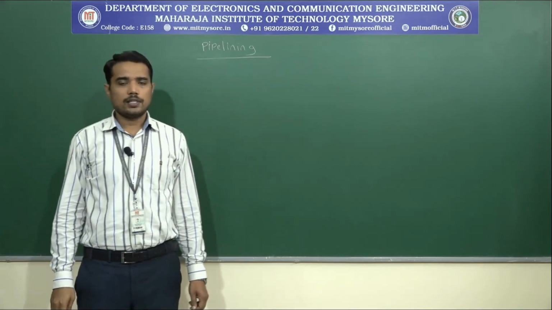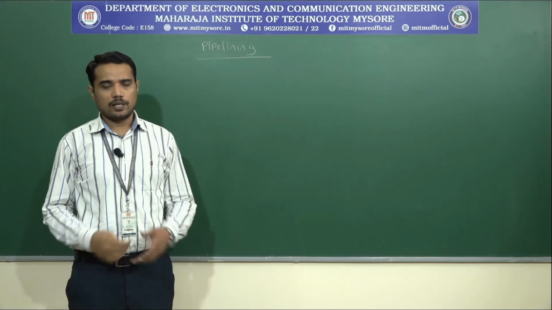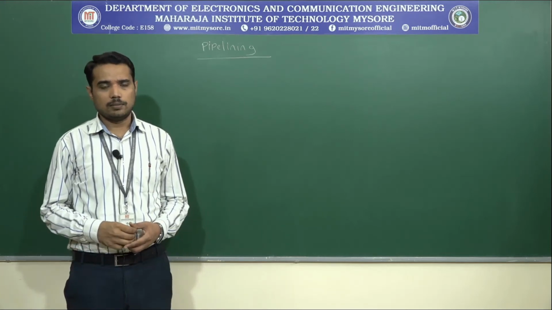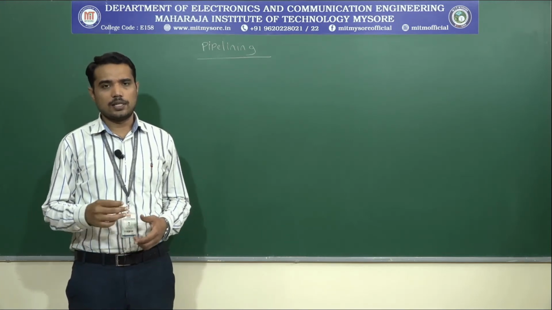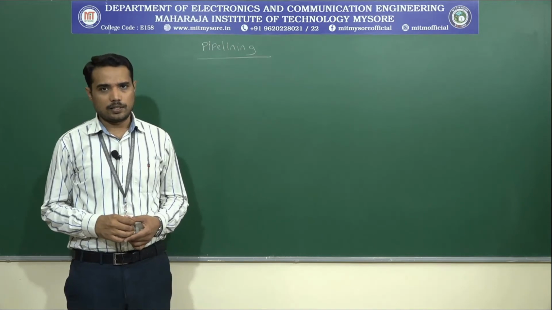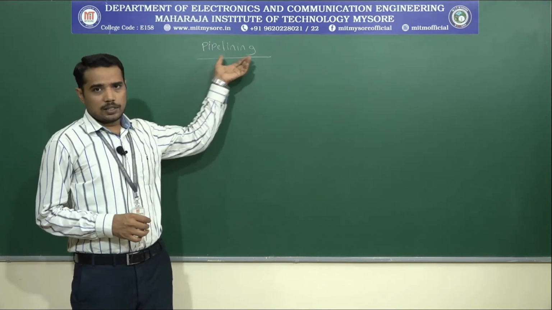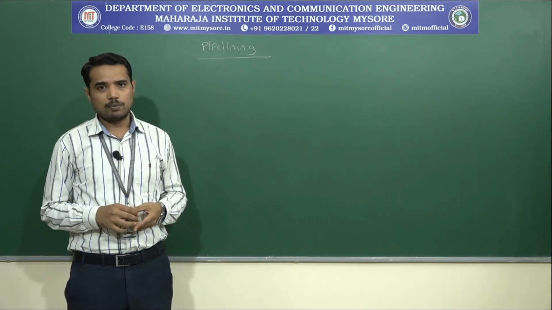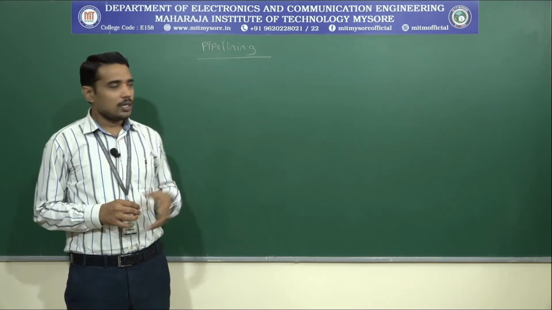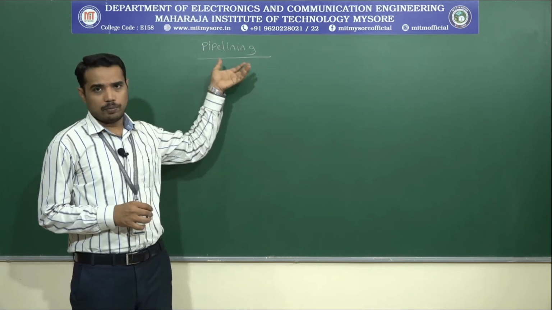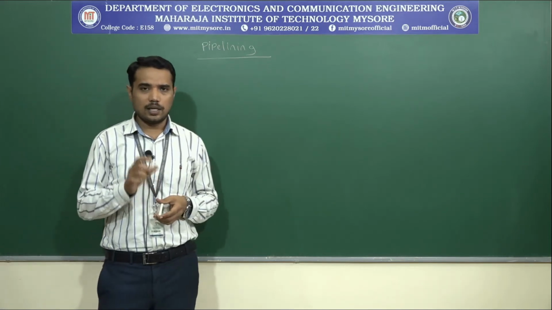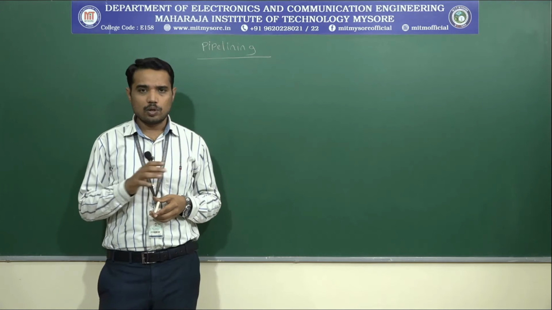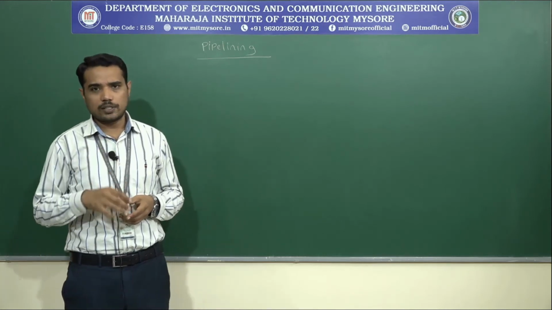After understanding the first technique to increase the speed of operation and throughput, that is parallelism, now let us try to understand the second technique, that is pipelining. Pipelining is the second approach to increase the speed of operation and thereby increase the throughput. Here, in pipelining, a single instruction is broken down into several steps.